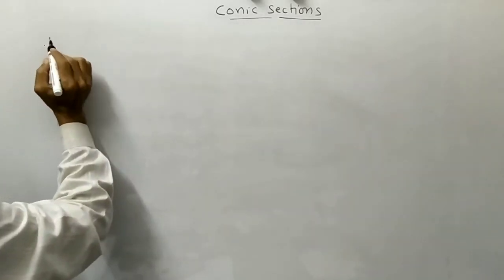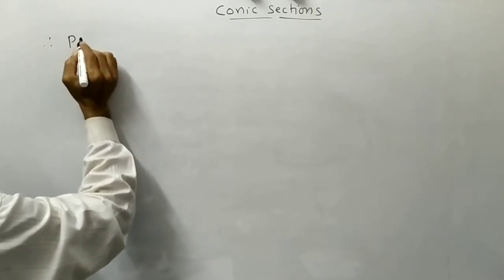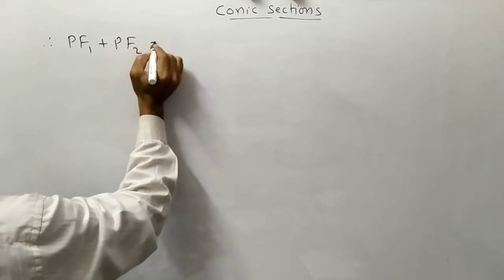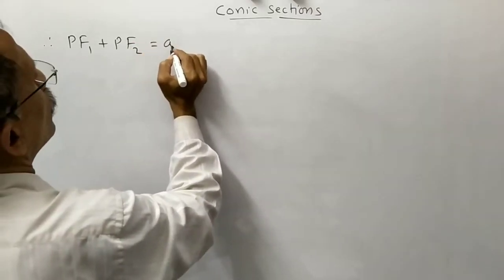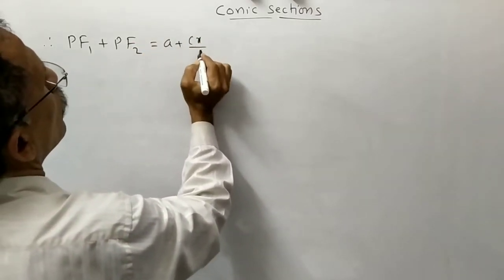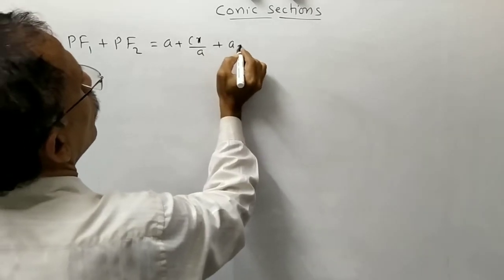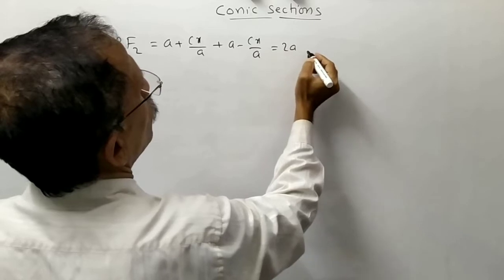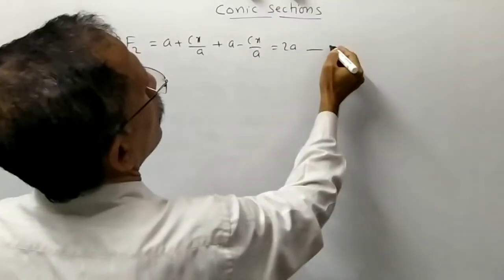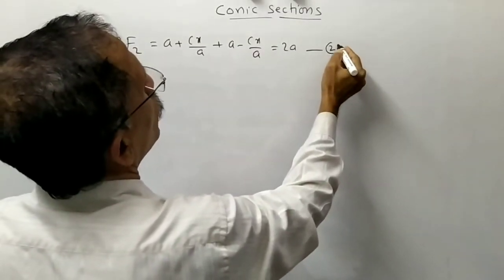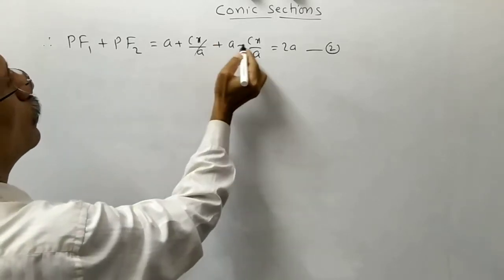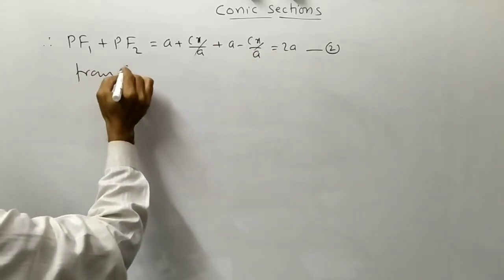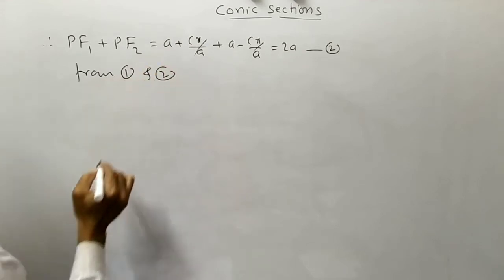Therefore, PF1 plus PF2 is equal to a plus cx divided by a plus a minus cx divided by a, which is equal to 2a. Say number 2. From 1 and 2,